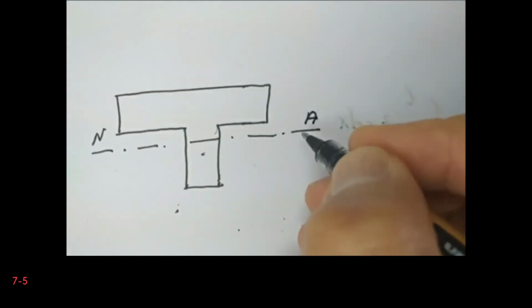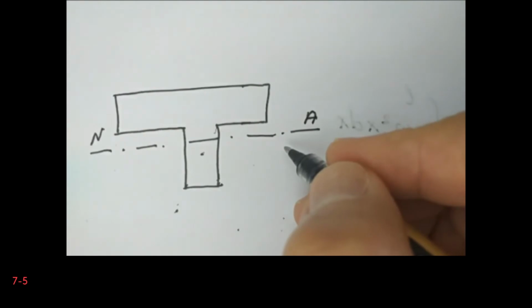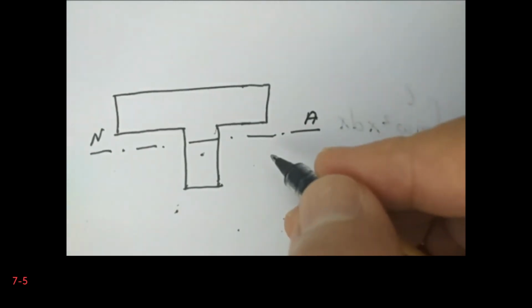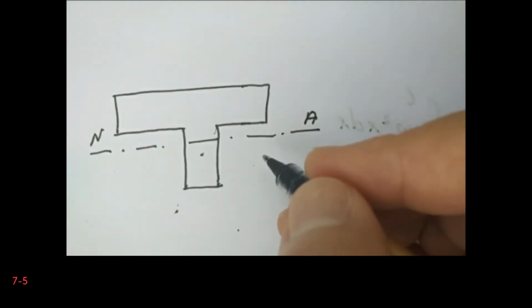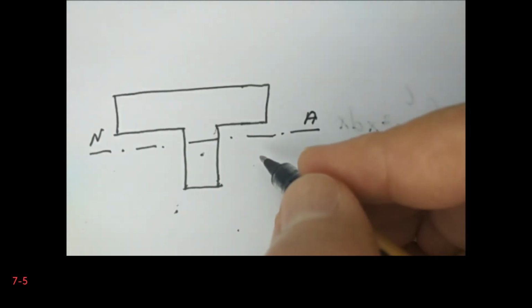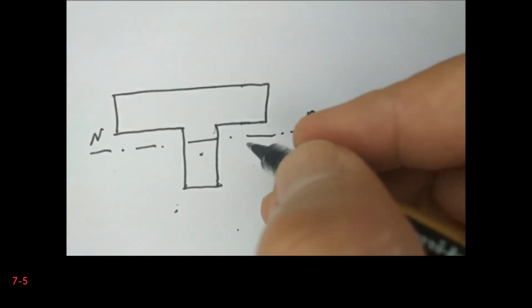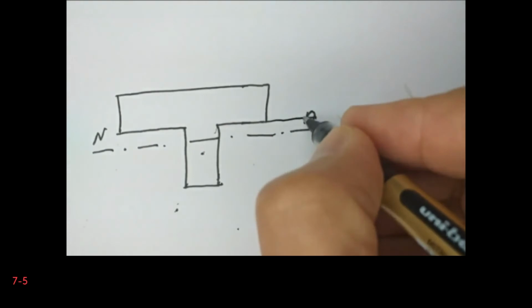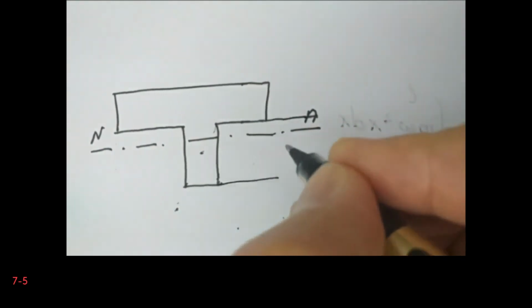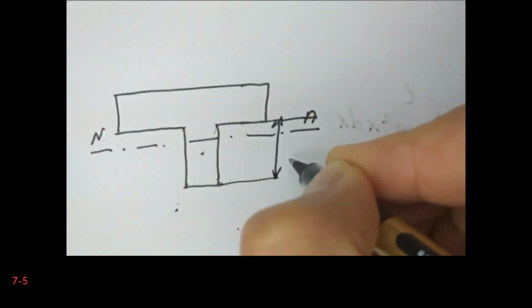This is our neutral axis. So let's say that this distance is h1,